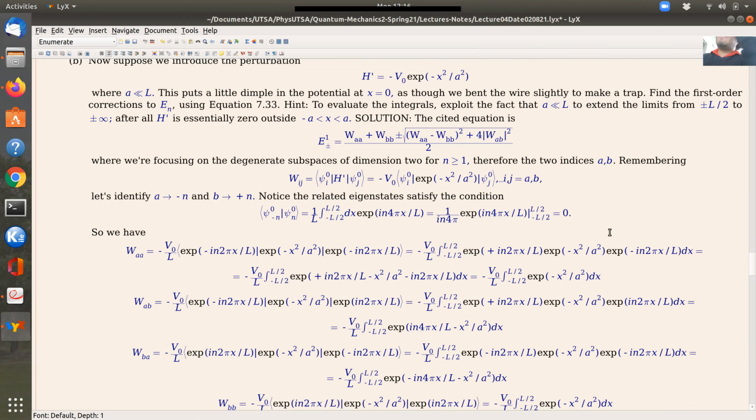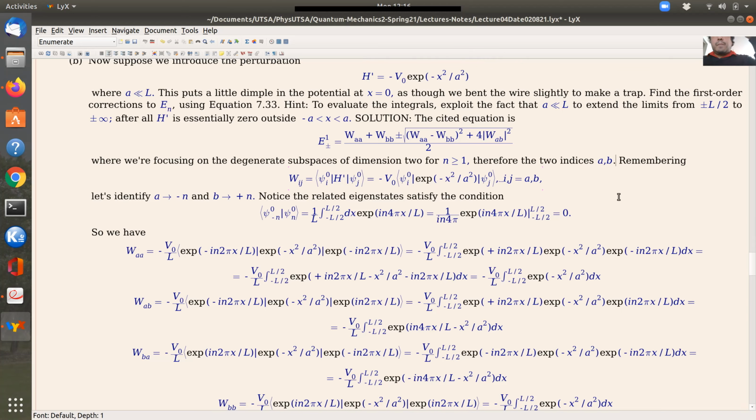I mean, if you want, you can do the calculation for n equal to 0 for the ground state. Since it's not degenerate, that's not the focus of this lecture, and you can do it for yourself. So let's remember the notation. W_ij is equal to psi 0 i sandwiched with H prime psi 0 j, where the indices are A and B for i, j. And if we plug in this Hamiltonian perturbation, the minus b naught will come out. And so we have the Gaussian sandwiched by the